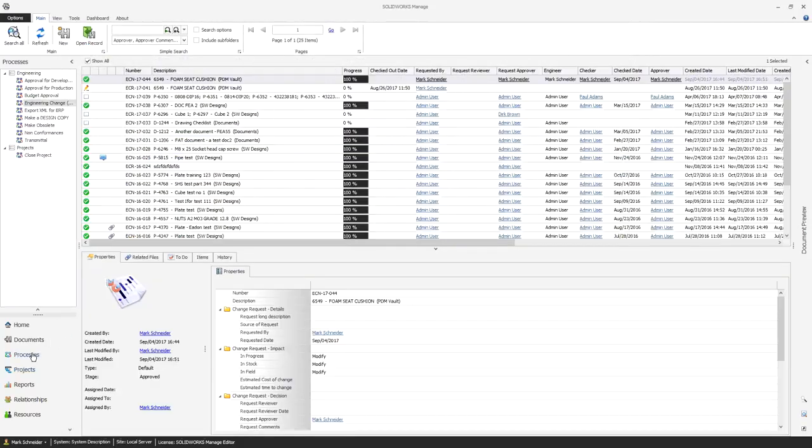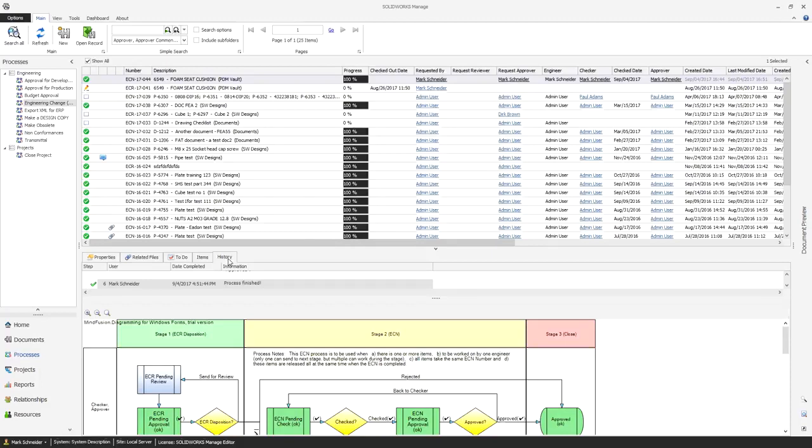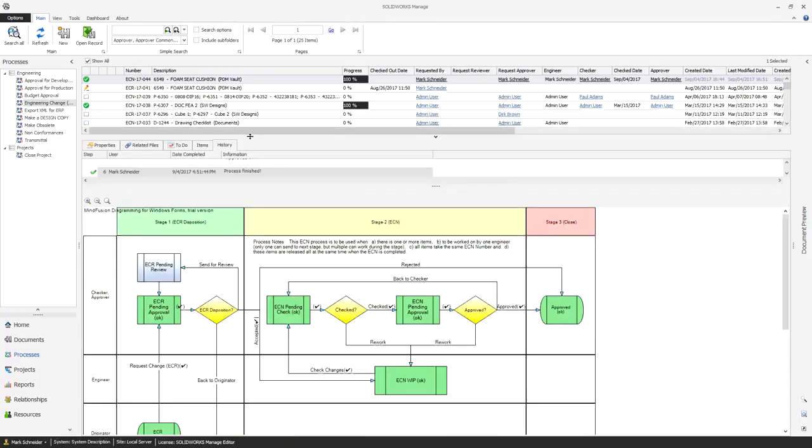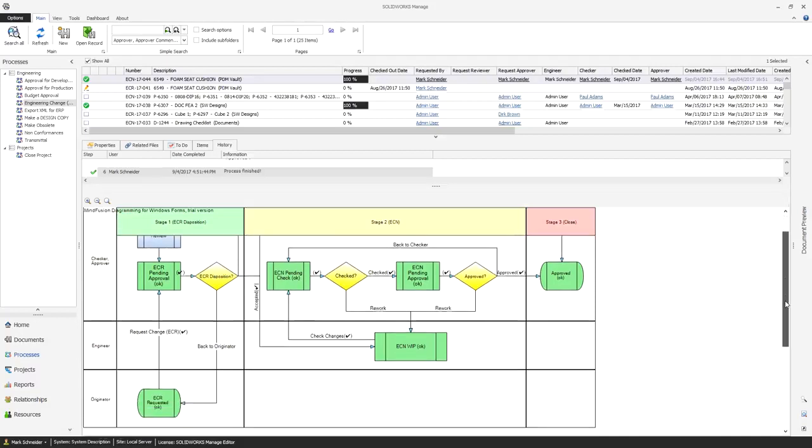Complex business processes such as ECR, ECN, or timesheet approval can be defined to company standards. With its drag-and-drop workflow designer, process states and decision points can be configured, and user tasks, permissions, and notifications can